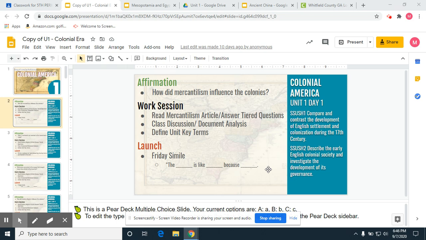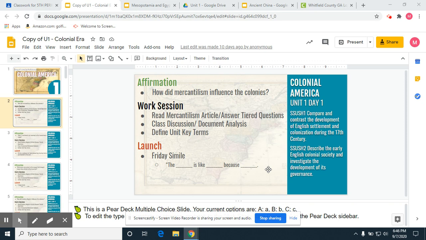So this is going to be the PowerPoint, or I'm sorry, the Google Slides that we're going to use for all of Unit One. This is going to cover what we like to call the colonial era. Now, for those of you who don't know, a colony is a group of people that can be established, that can maybe move from place to place. But in this case, England, as well as all sorts of other countries like the Dutch, the Irish, there are going to be several peoples who form these colonies.